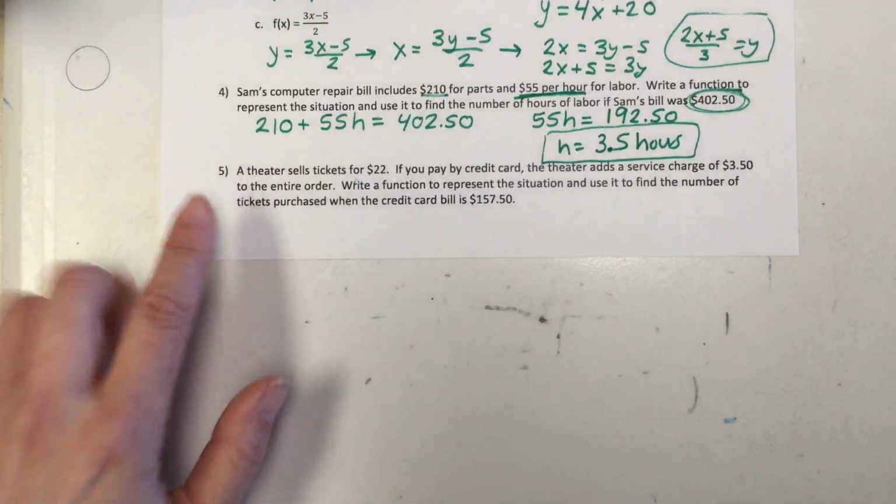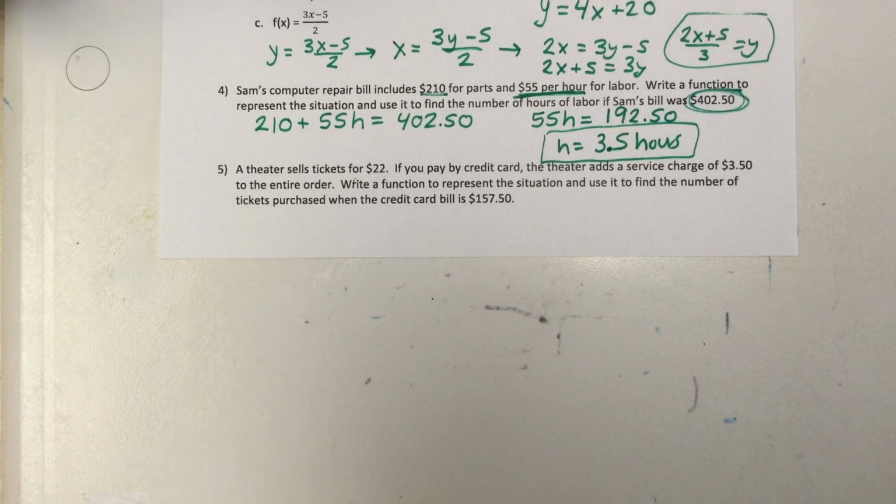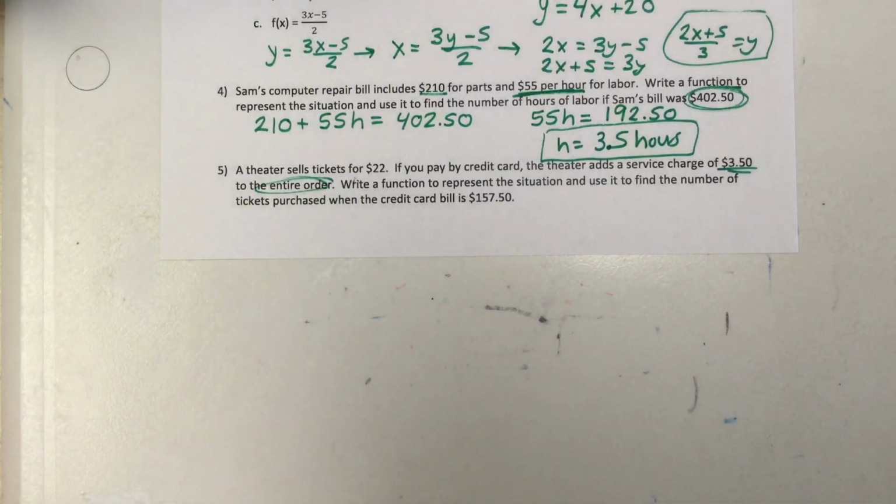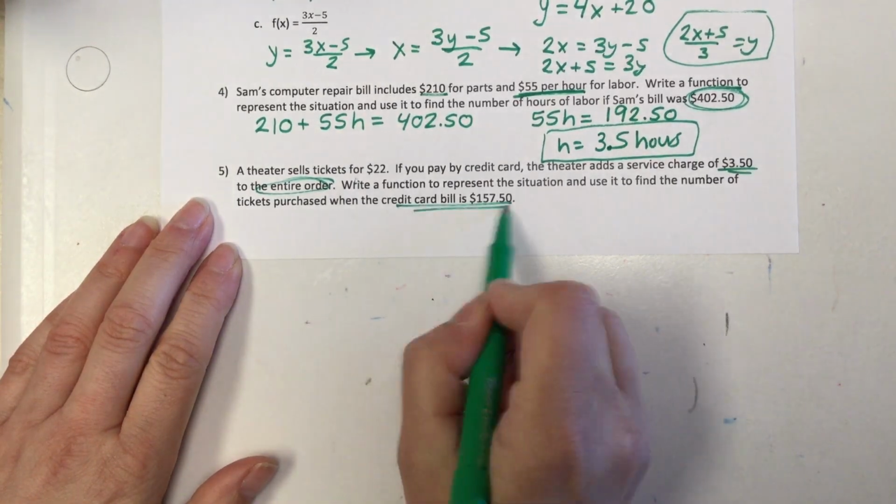One more like this, because this is the way that I put them on the test, okay? A theater sells tickets for $22. So that would mean each, every time you buy a ticket, it's $22. If you pay by a credit card, the theater adds a service charge of $3.50 per entire order. So what that means is if I buy 5 tickets, I don't have to pay the $3.50 on every ticket, just one time for that complete order, okay? Write a function to represent the situation and then use it to find the number of tickets purchased if the credit card bill was